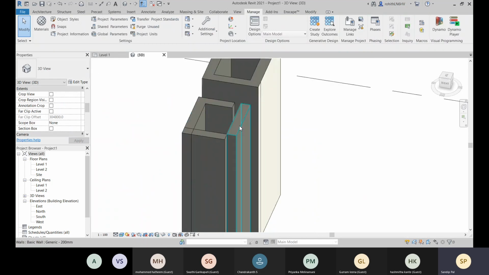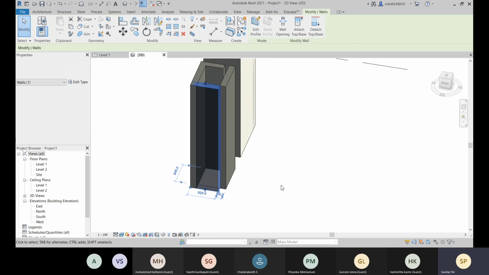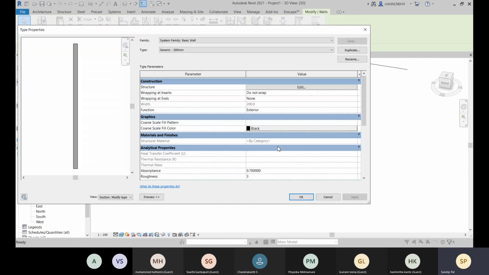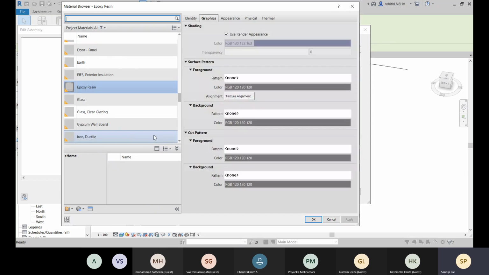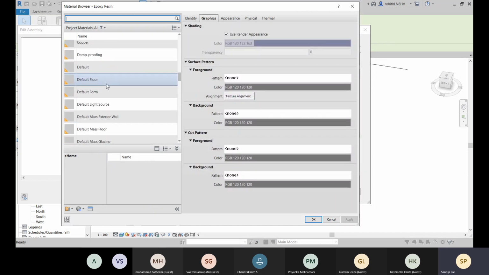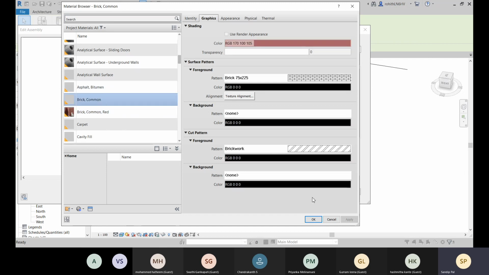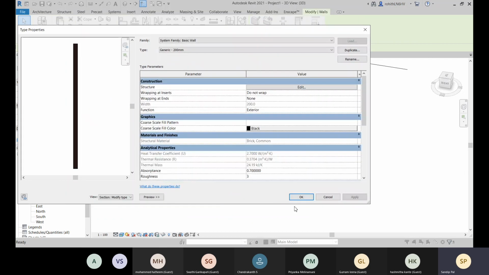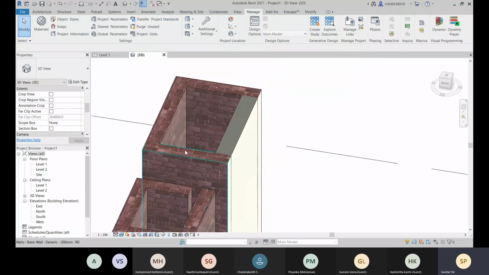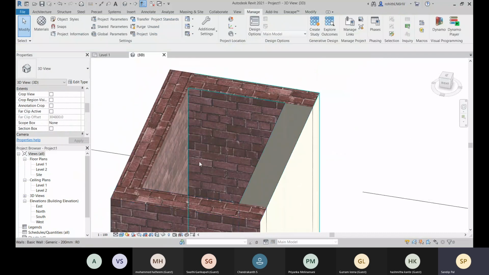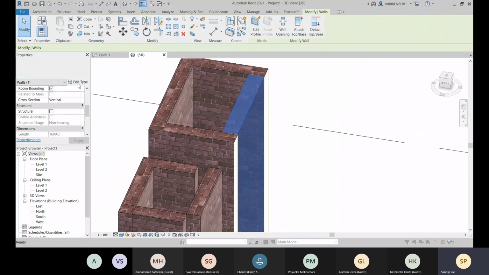Generally you will see it, place it, define it, apply, and here you see, right? This is because of the materials.